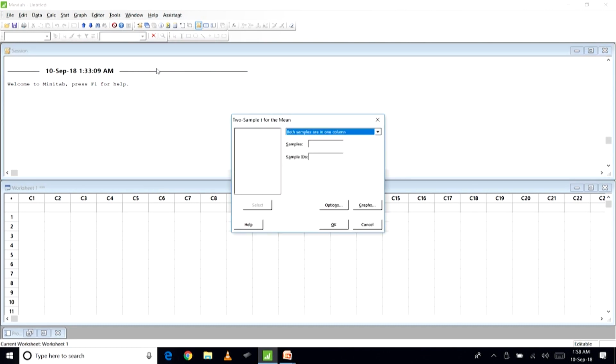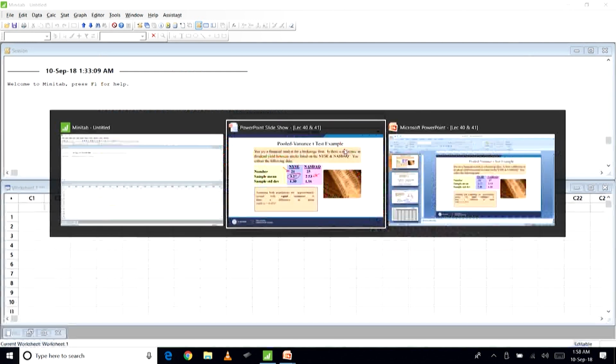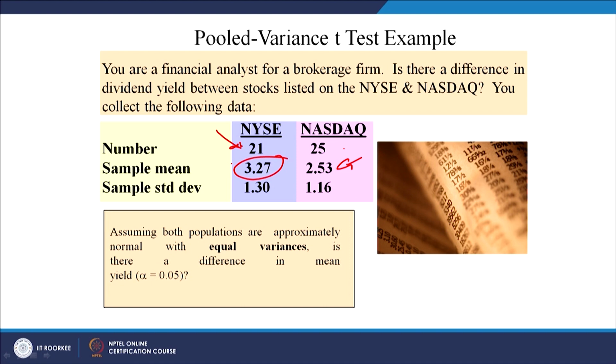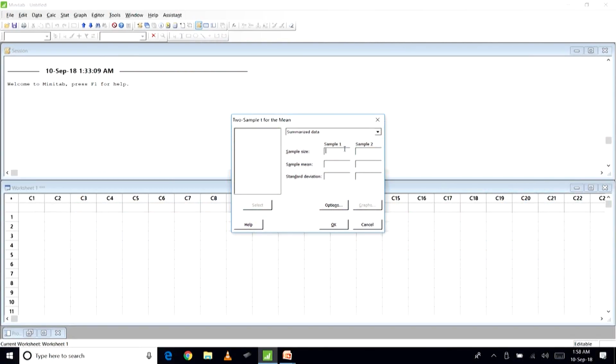Since in our case, if you look at the sample size, the first sample has size 21 and the second has 25, it would be a case of t test, right. So, you can have both samples in one column, or you may have each sample in its own column, and otherwise you can have summarized data, right. So, we will click on summarized data, sample 1, right. We have to enter the sample size for sample 1 and that value is 21, right. Then we need to write the sample mean